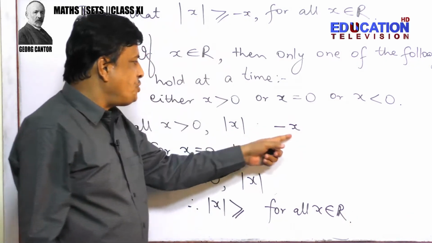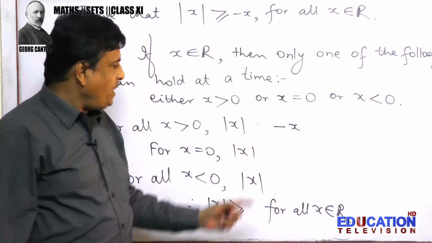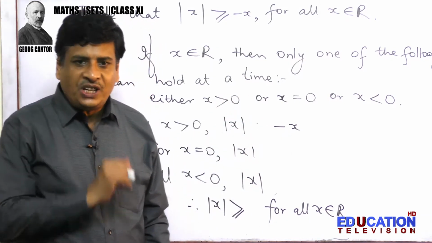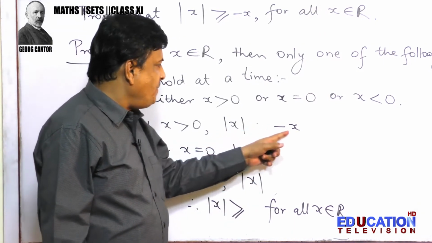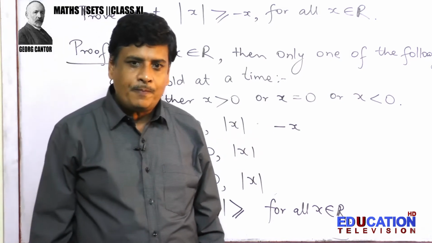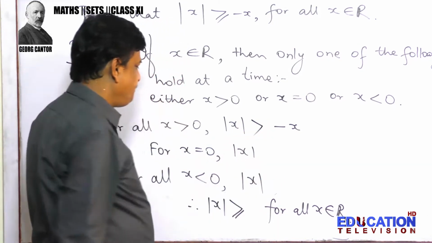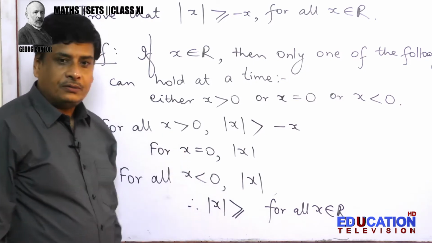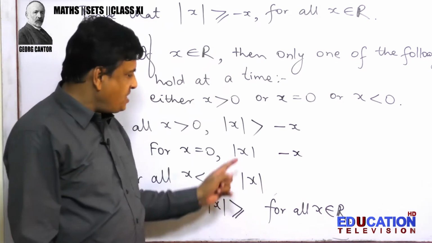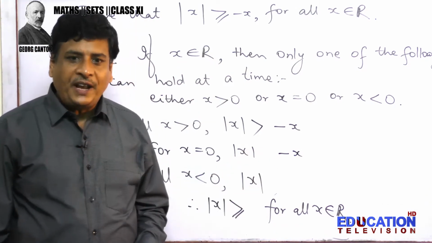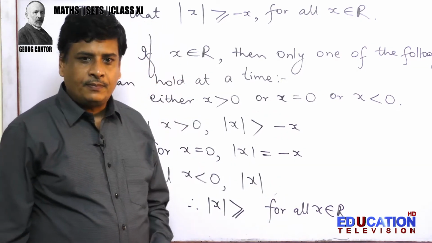and we are comparing these two, the number is positive, so its value is equal to x, but we are comparing with minus x, so which one is negative? Minus x is negative. Then what will be the relation between these two? Definitely these two will not be equal. Then which one will be greater? Modulus x is greater than minus x. If x is 0 and we want to compare modulus x and minus x, x is 0. Even when you are taking minus 0, it is same as 0. So modulus x is equal to minus x for x equal to 0.